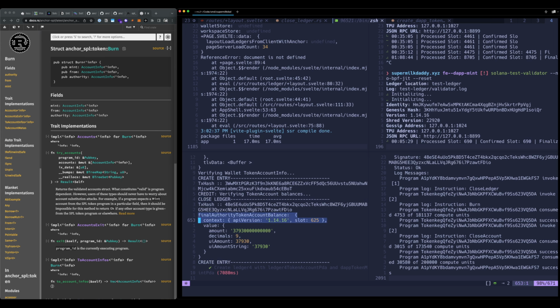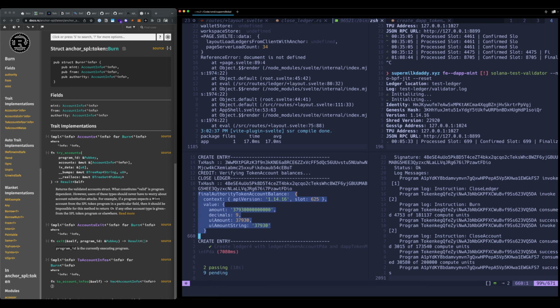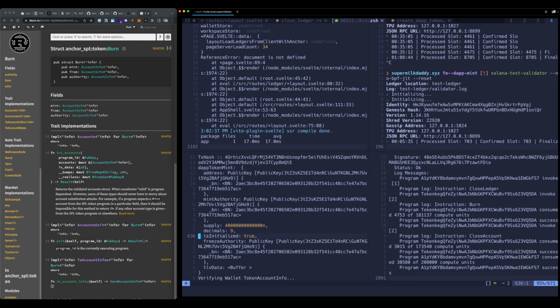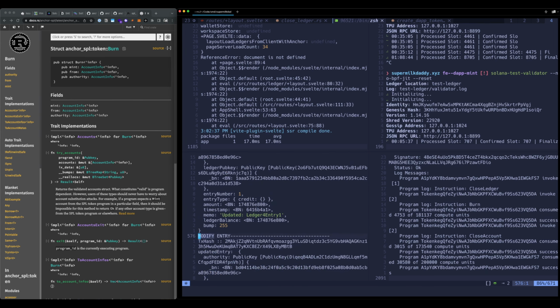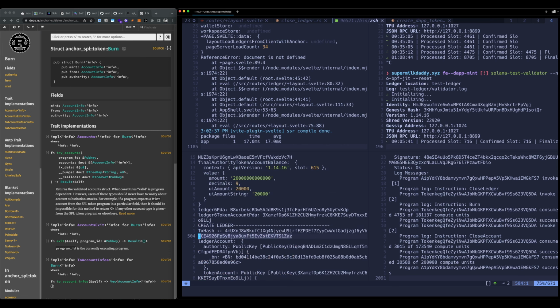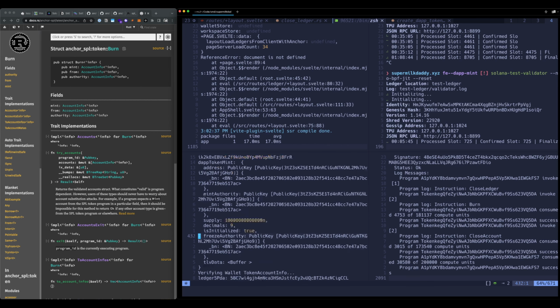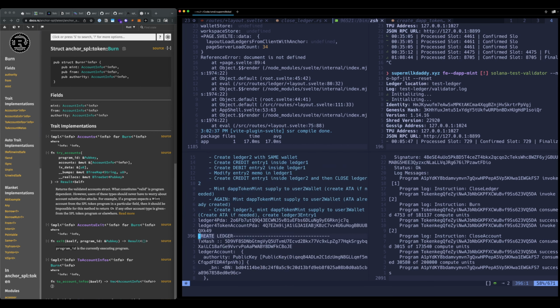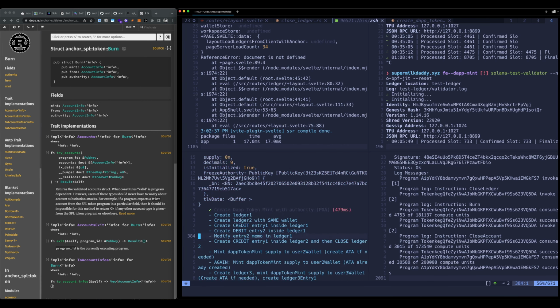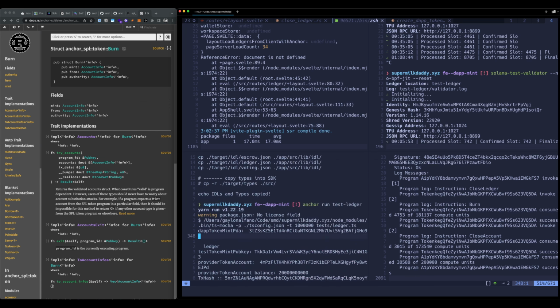Final authority token account balance. Let's go up further. I may be looking at the wrong one. I saw one, but yeah, all right, so